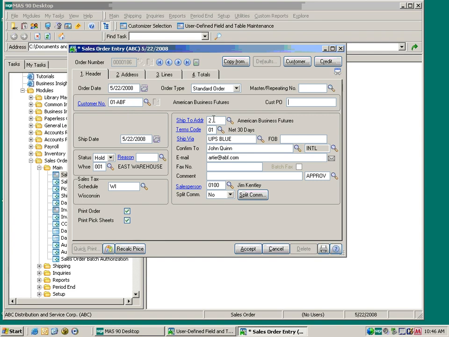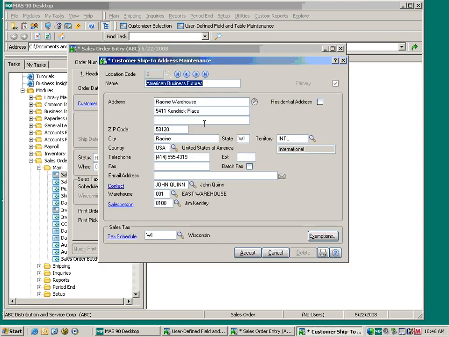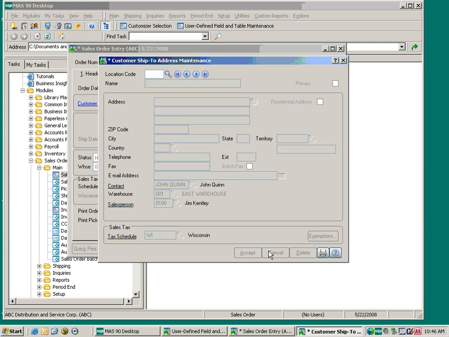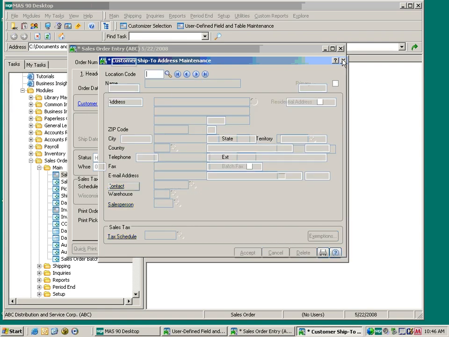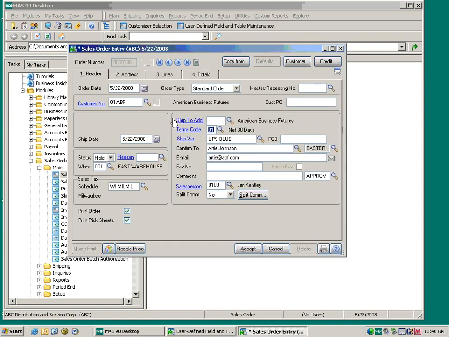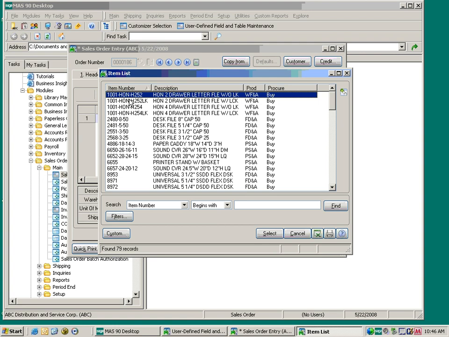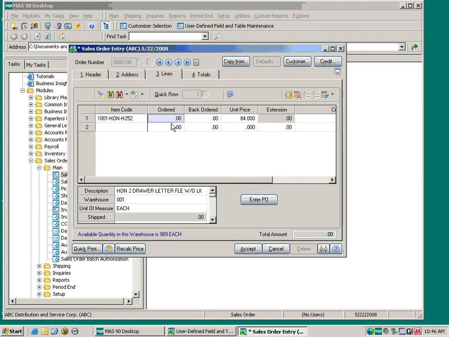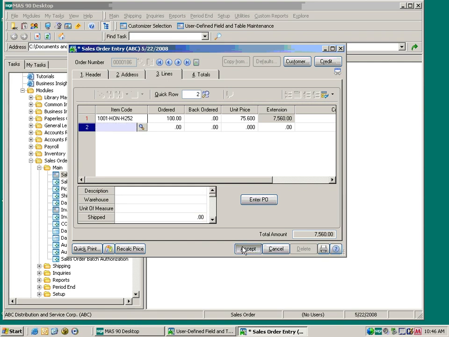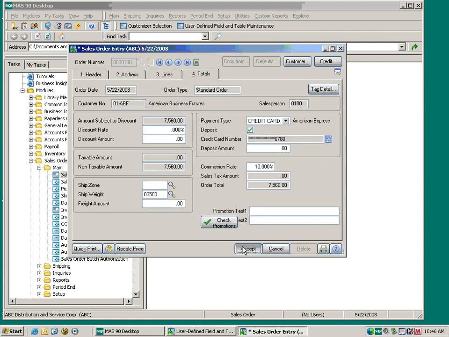If I didn't have a default ship to address, it would leave what's in the customer. But if I modify this here, you can see it's international. If I change this to ship to address 1, it's going to go to Eastern. So now when I enter a sales order for this guy, go ahead and accept this. That's order number